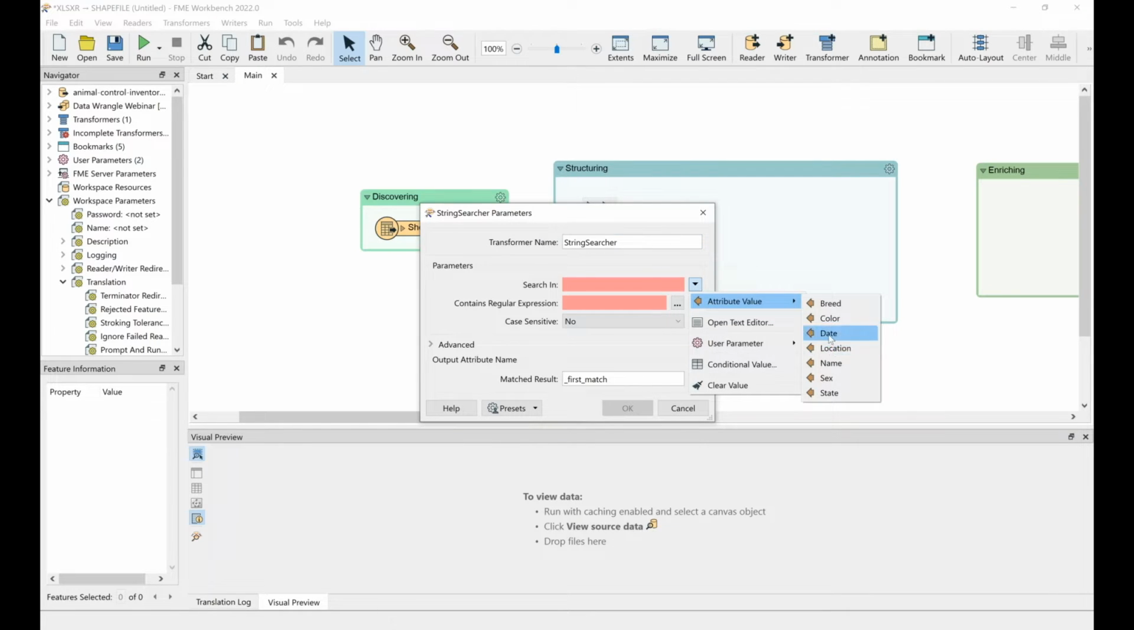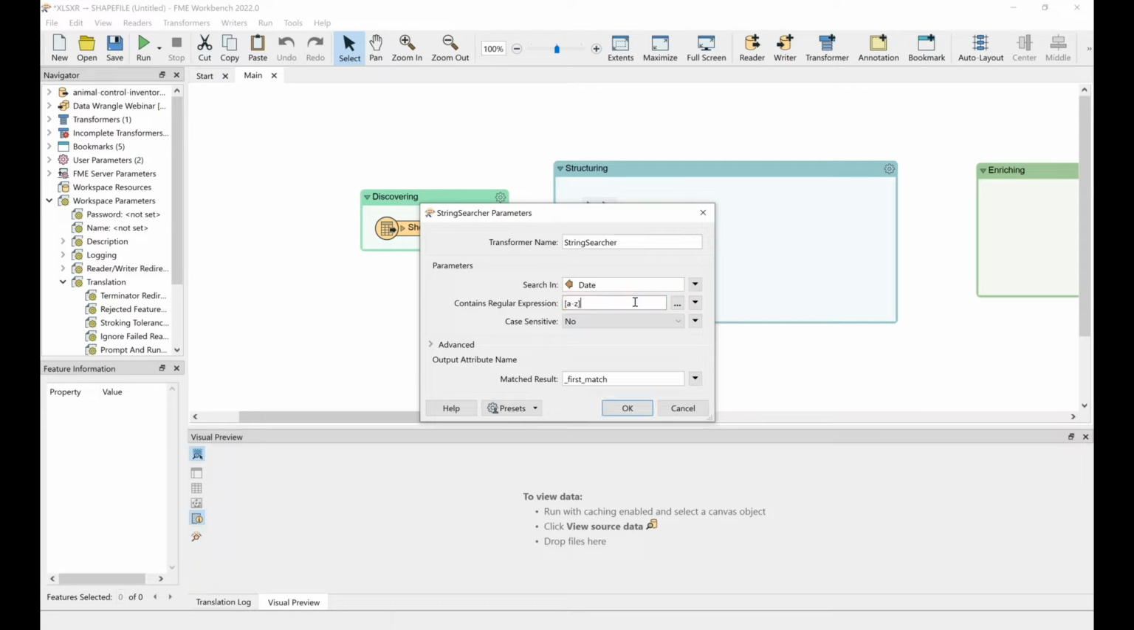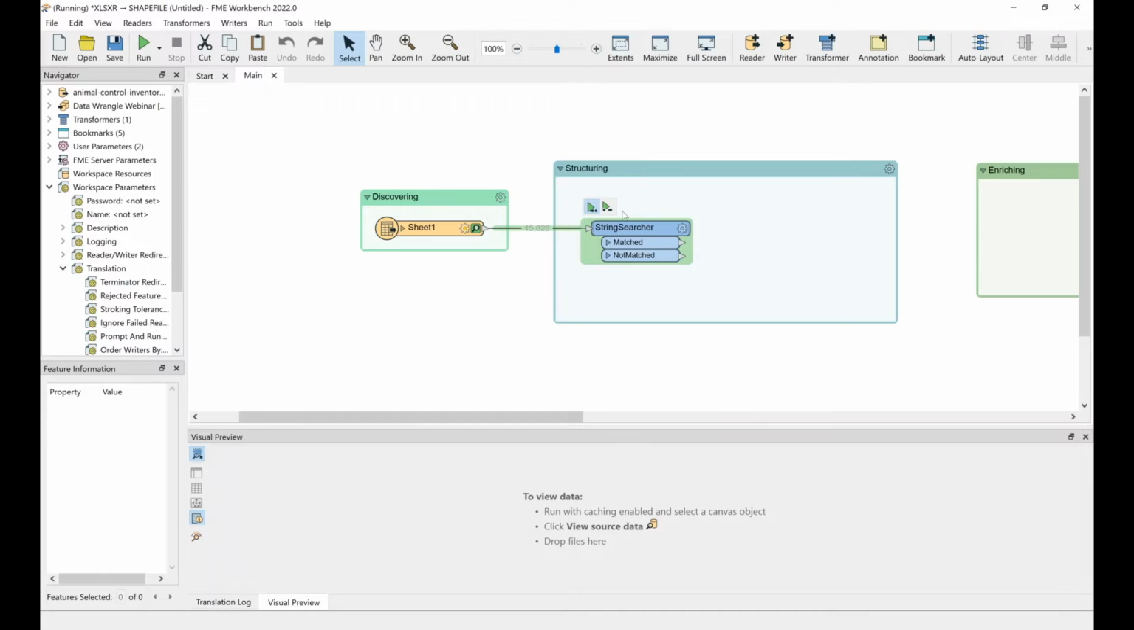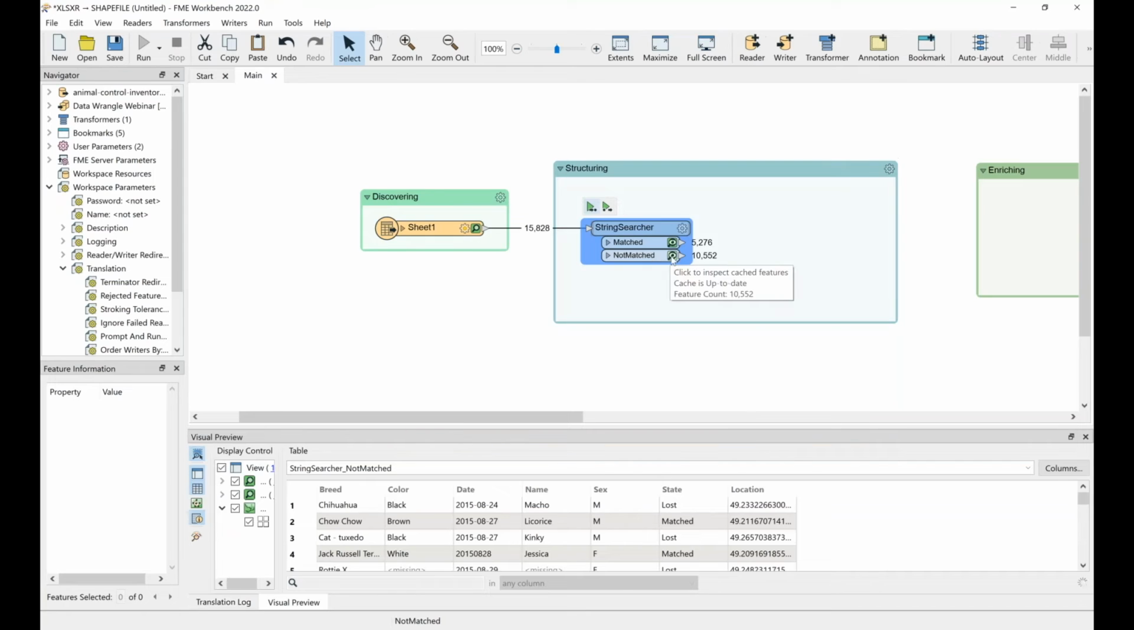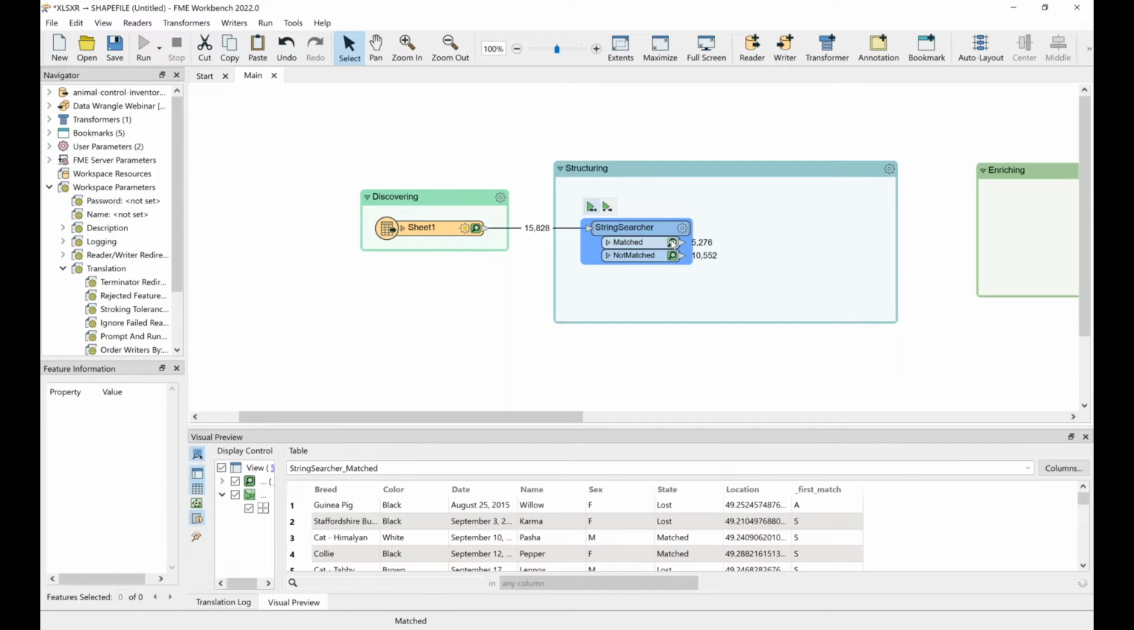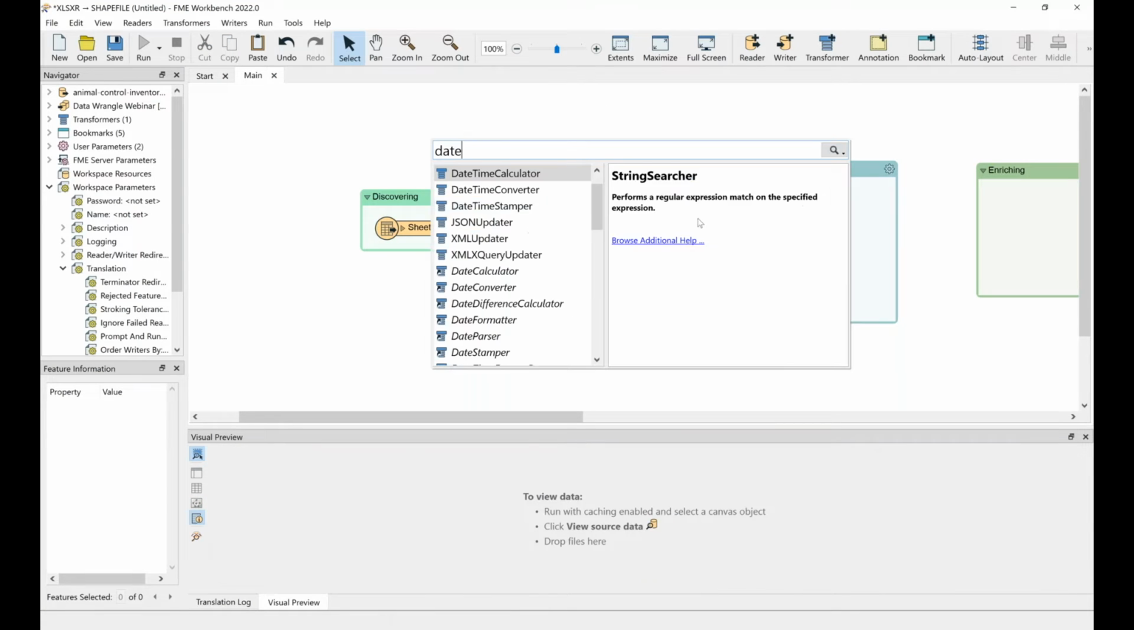Set it so that it's looking for the date, looking for some alphabets. If we run this, we'll see that it separates the date values into the ones that have the month spelled out and the ones that do not. Going from here, we're going to use our very handy datetime converter to switch all these into the same format. So we're going to bring in the first datetime converter